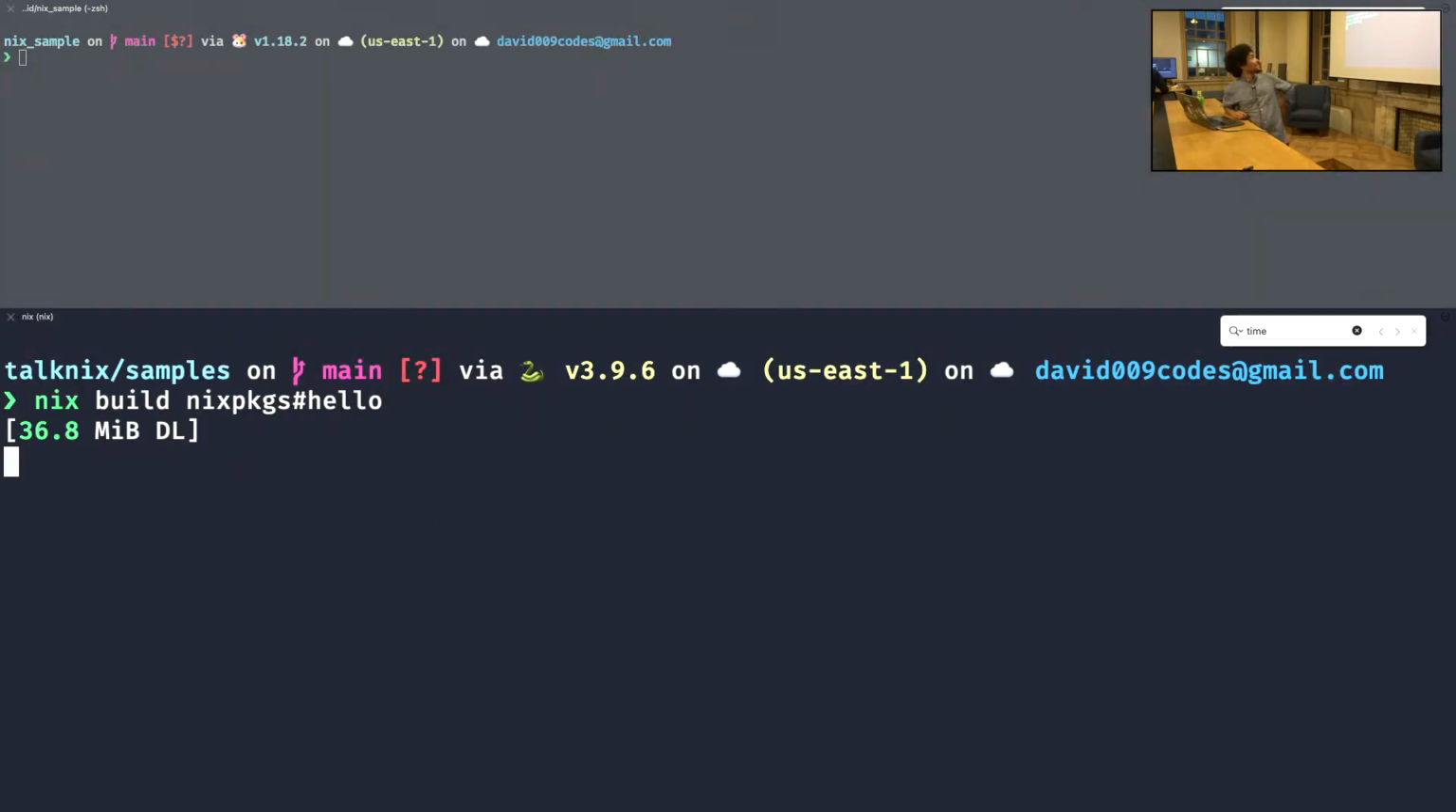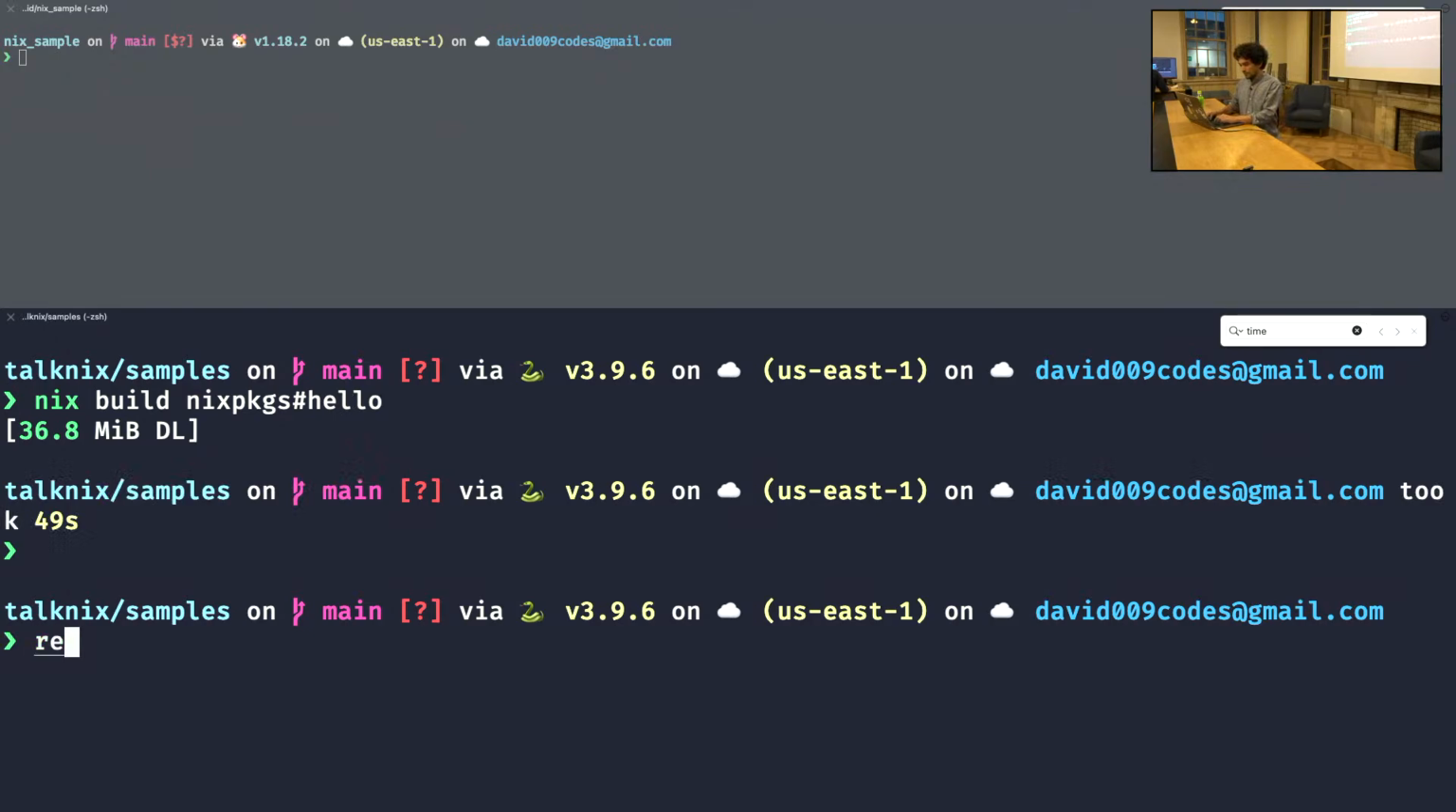This is embarrassing because it's taking way longer than I expected. But essentially, if you do nix build and then tell it a package name, it's just going to build it, and it's going to give you a result file. So if I do here result,